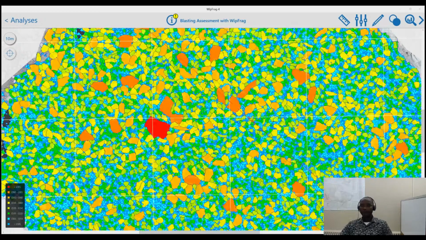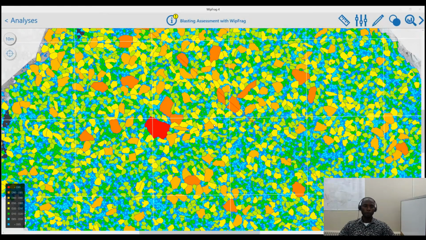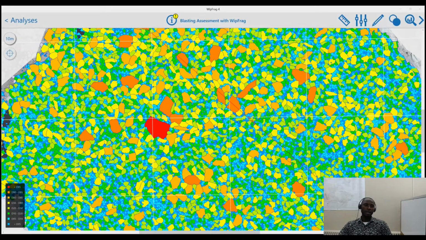Then what are those things you can do with the heat map? The first information on the heat map is based on the legend. So you need to try and locate the legend of the heat map at the left corner of your monitor. You can see right now the legend of the heat map is located there, and it's saying color